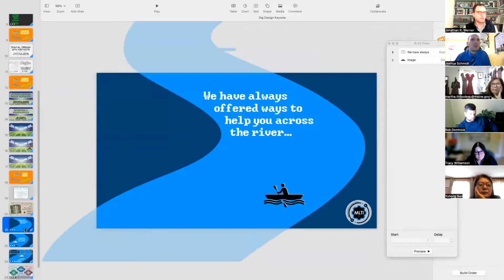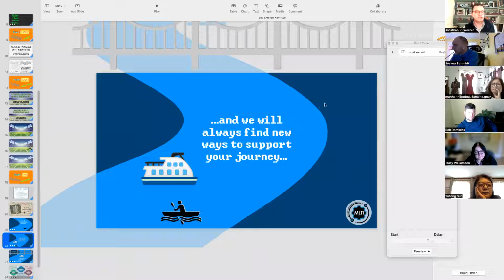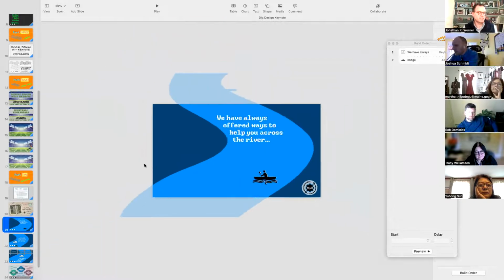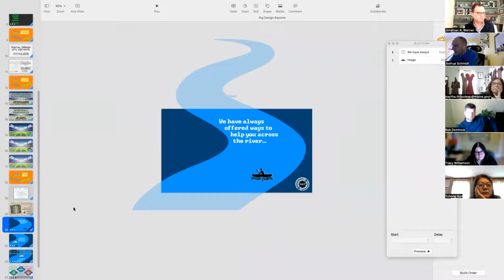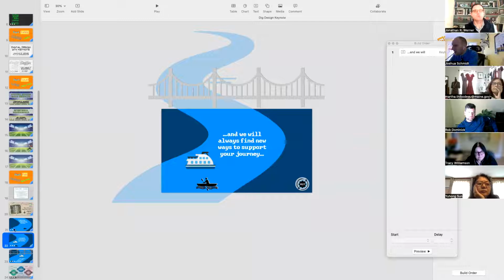Back here in the one about the bridge, all I had was the keyboard built-in animation and the dissolve for the kayak, then adding in this text box. The reason there's no animation attached to this ferry is because if you notice in this slide, oh, sorry, I just have it